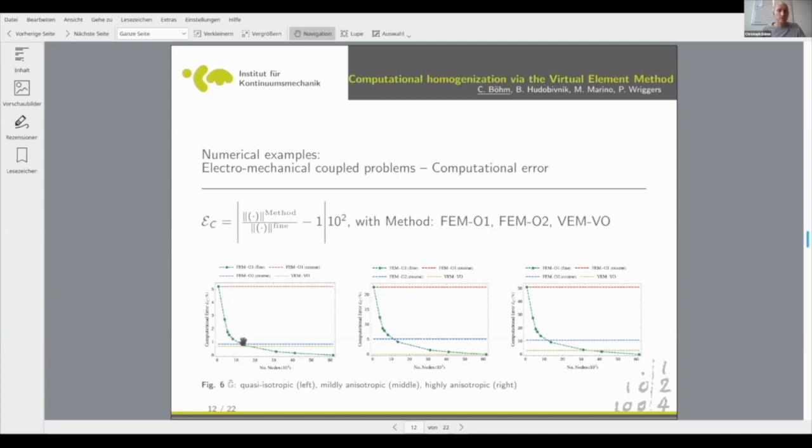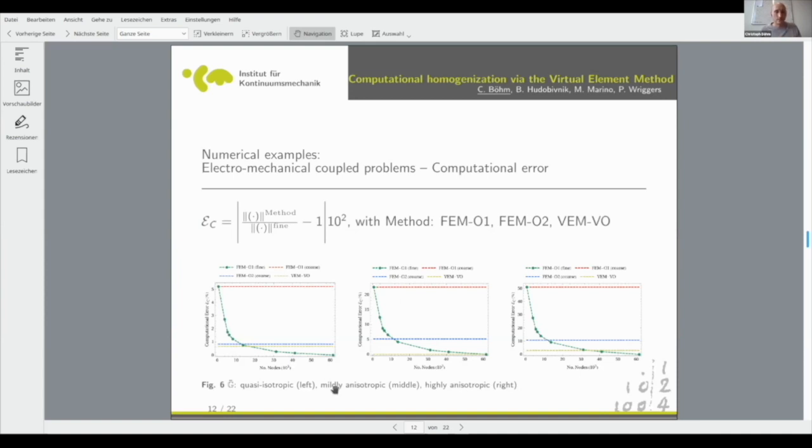This is the finite element solution from the submesh. This is the most upper point going to the finest mesh. So we compute here the mesh refinement with the FEM, taking this last solution as the overkill solution, so as the reference solution. And we compare here then FEM01 or FEM02 cores to VEM-09. Please have in mind that this VEM-09 has the same number of degree of freedoms as the finite elements 01